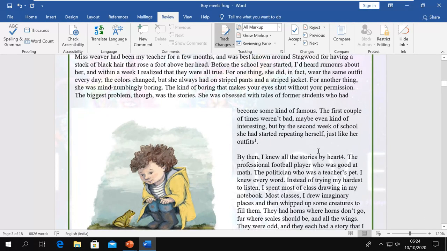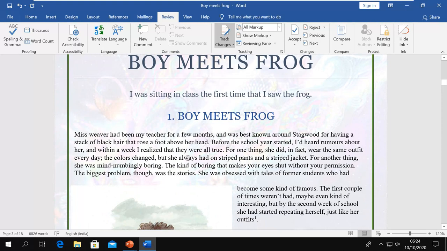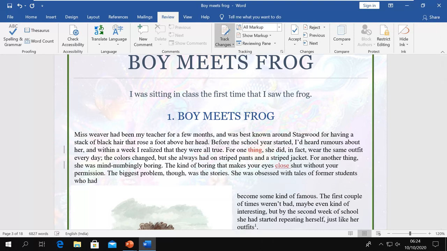Now if I make some changes here, you see the word is not removed from there, it is just struck out. And if I add something here, it shows as an underline.